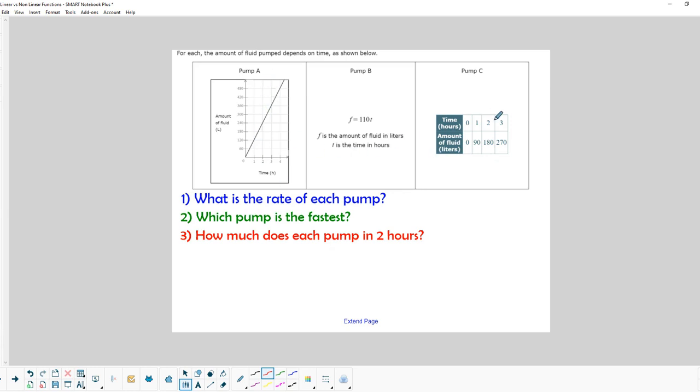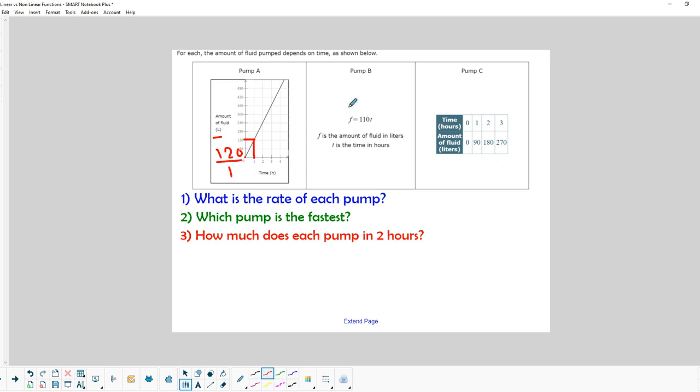Okay, now let's take a look at this. We've got 3 pumps that we're looking at here. Each one, the data has either been graphed or written in a table or written in a function. So let's take a look at the rate of change, or how fast each pump is pumping fluid. So this first pump starts out at 0, 0, and then in 1 hour, we notice that we've pumped 120 in the amount of our fluid. It doesn't say whether it's gallons or not. Maybe that means liter or something like that. So we've pumped 120 of these units in 1 hour. So 120